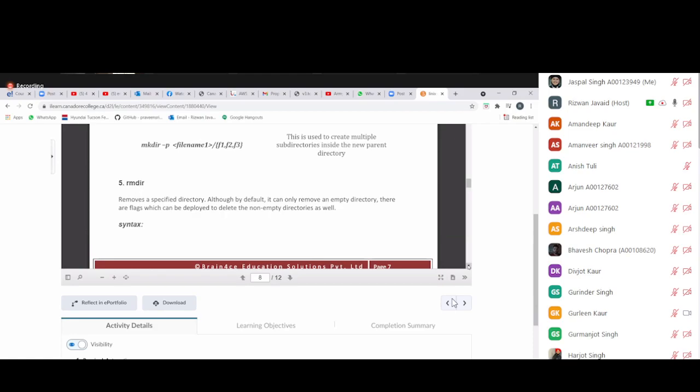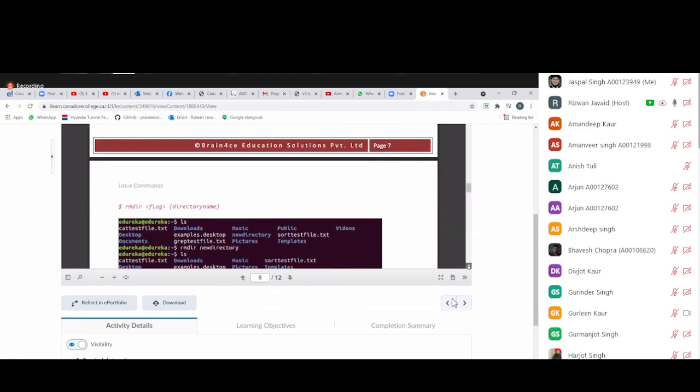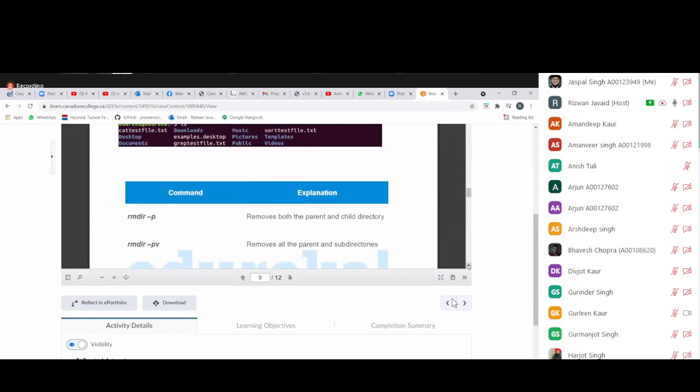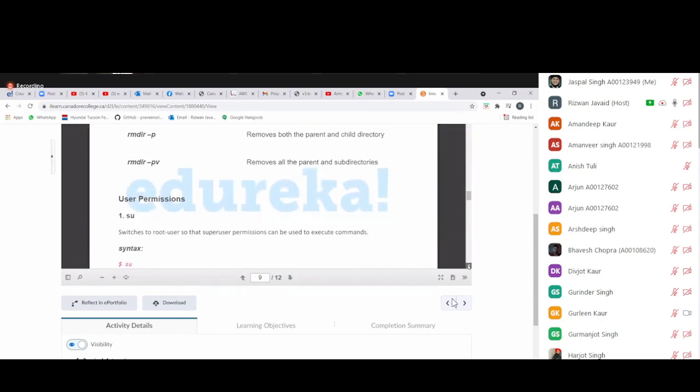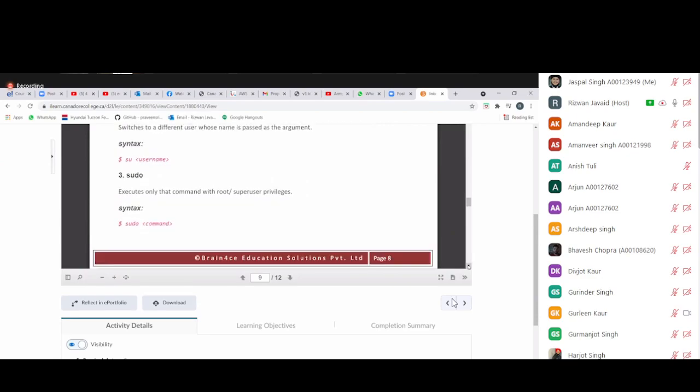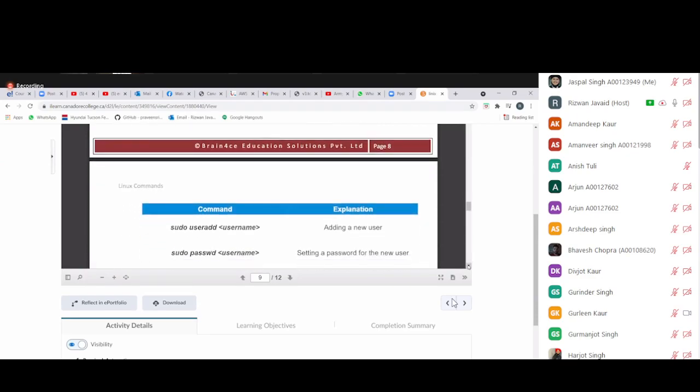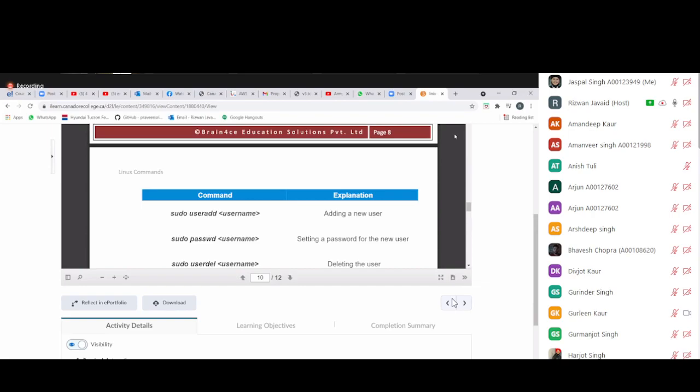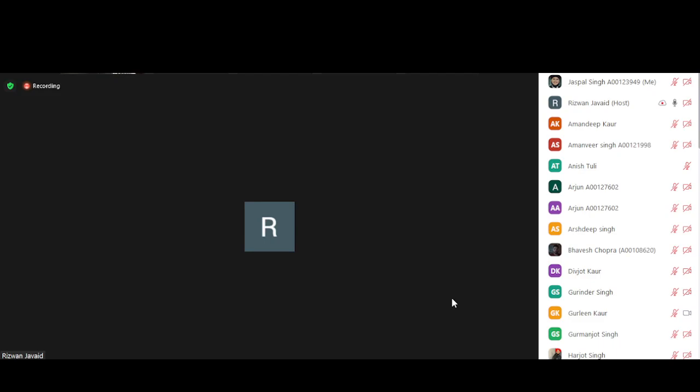Make sure you understand how to remove an empty directory and a non-empty directory. Okay, so these are the commands which I have shown you. Please, the previous work you have to show me as well as today's. Now I'm focused on this one. pwd, we have mkdir, ls, ls -l.